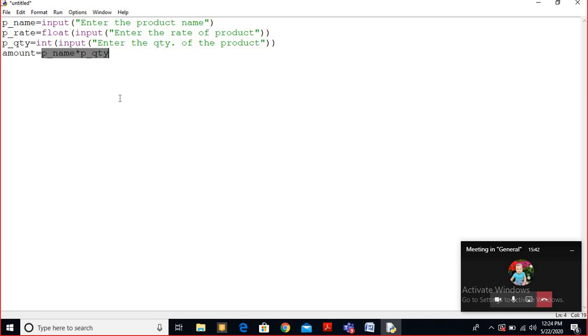Sorry, by mistake I have written it. Yes, it will be rate. Product rate and product quantity. So it will go to your amount variable. That means the result after calculation will go to the variable amount.